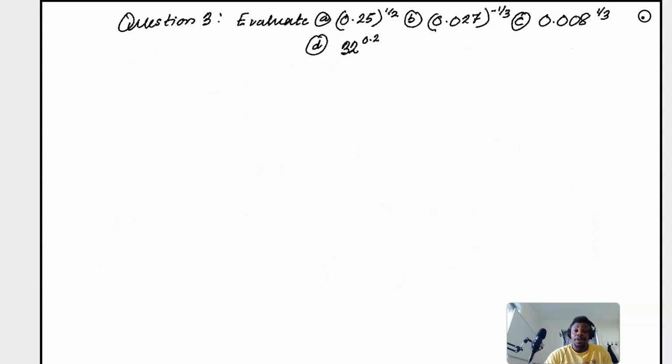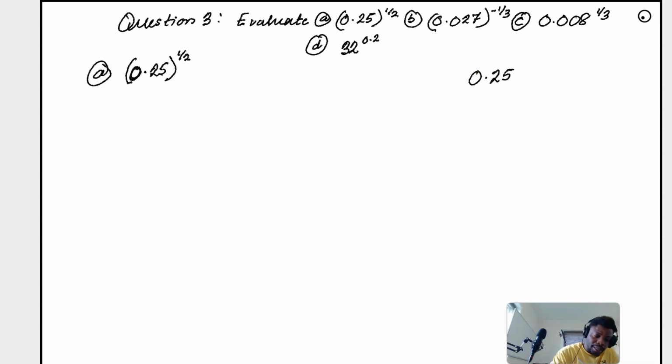Easy. Let's go to the next question. Now, let's take question 3. The first thing here is 0.25 raised to the power 1 over 2. Okay, you can see here, this is different from the ones that we have been solving. Don't worry, I'm going to explain this. So I'll quickly give you a formula here. Remember, if you have 0.25,